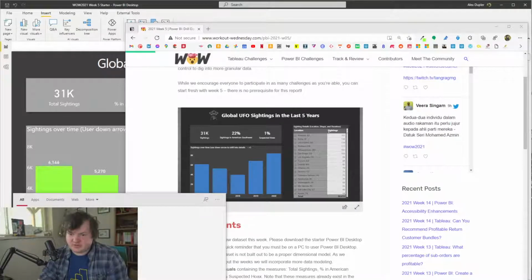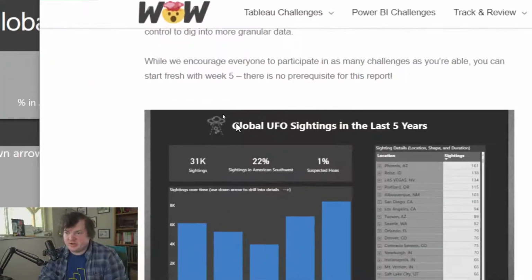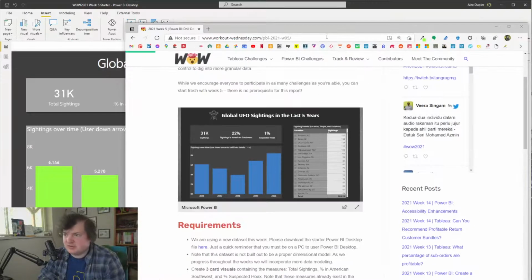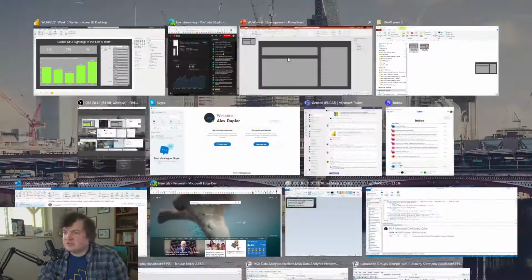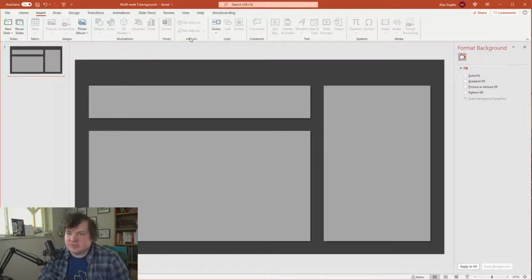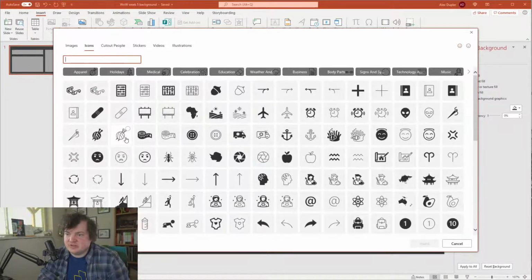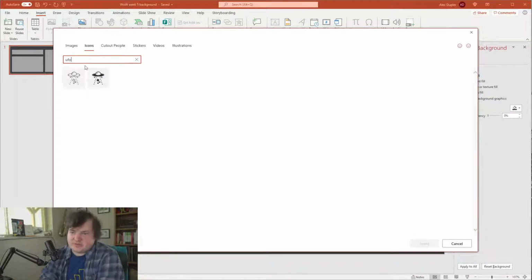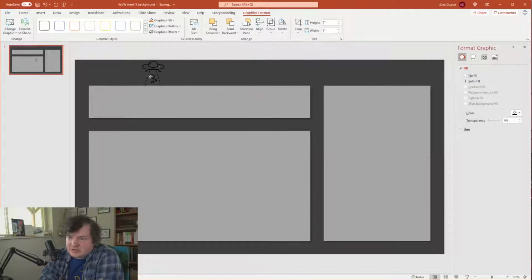let's get Zoom it running. There we go. We've got this fun little UFO icon. So let's come into PowerPoint and let's see if we can do something along those lines. So the best way I find is to just use the built-in icon library, which is massive. So let's just see. Maybe that's, oh, yep, that's what Shannon did too. So I think she used this one, and here,